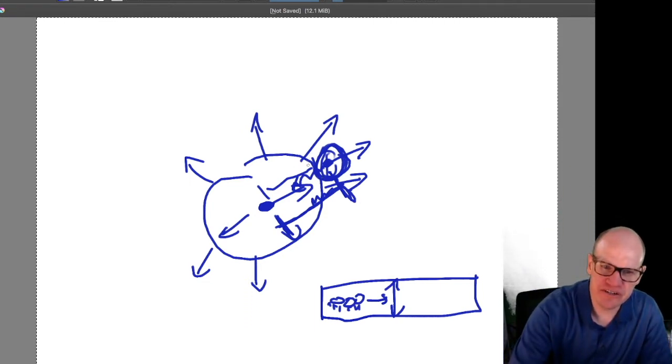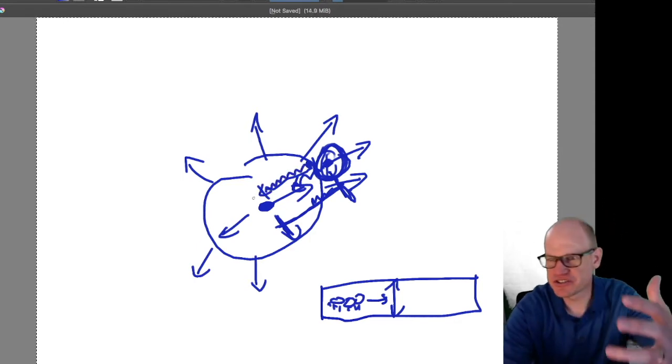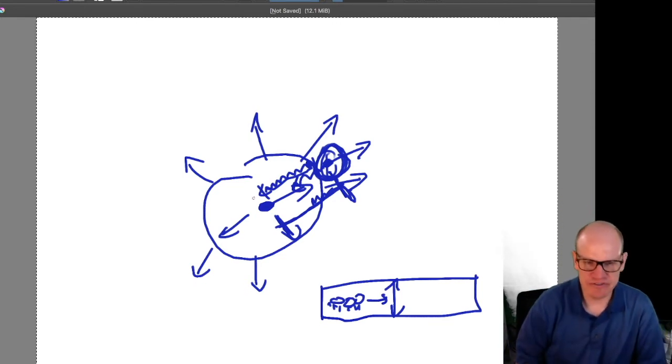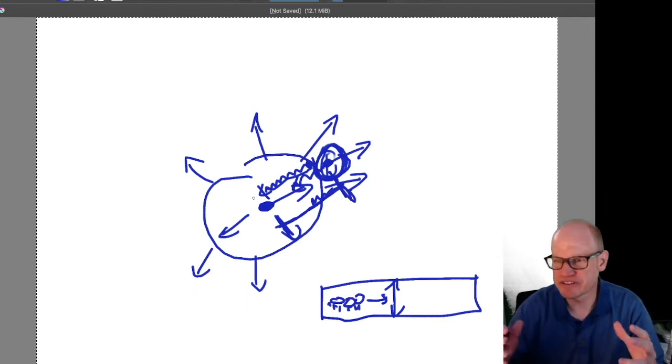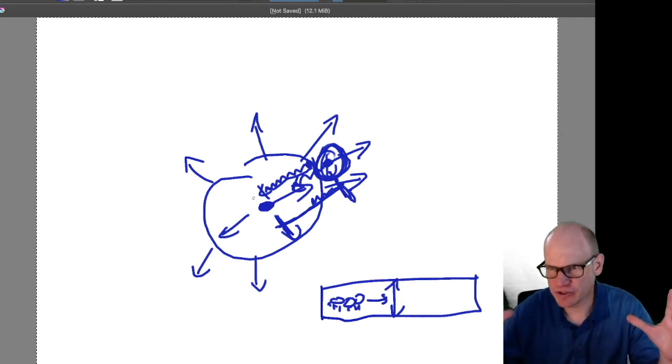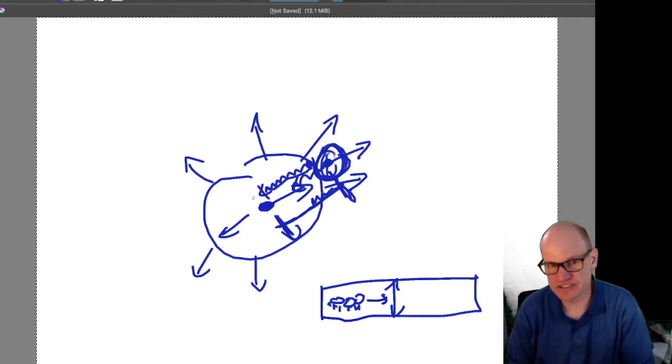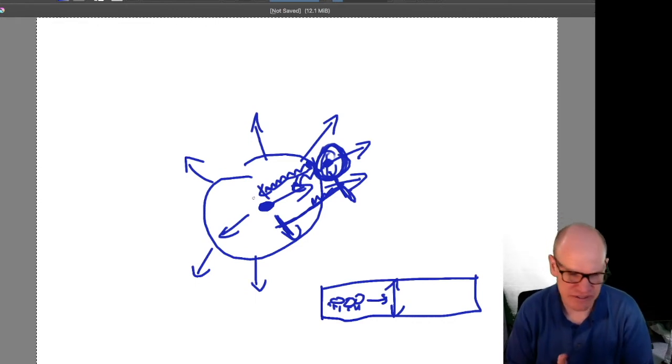An object that is near the edge of the universe, its light would redshift, especially in the distant future, to the point where we wouldn't be able to see it anymore. Because there's nothing that prevents electromagnetic waves from having any arbitrary wavelength, you can imagine a photon that has a wavelength that's the size of the visible universe. It's a very, very low energy wavelength, but it could be there.